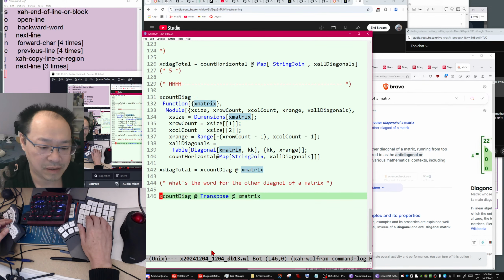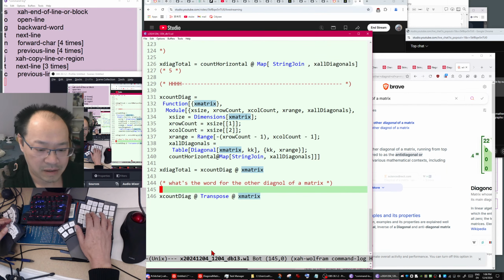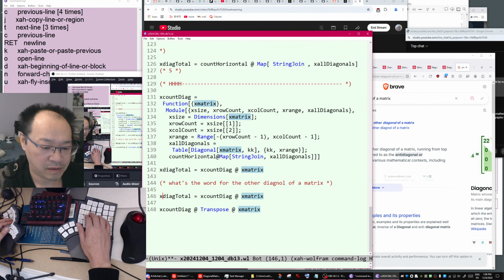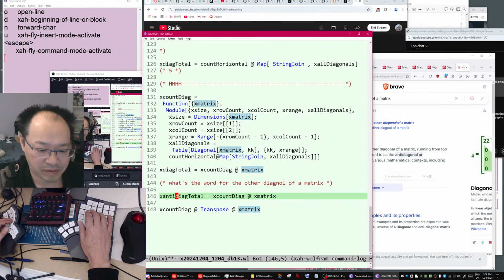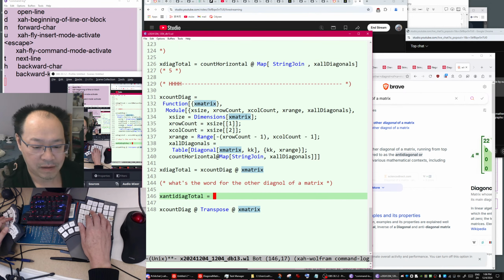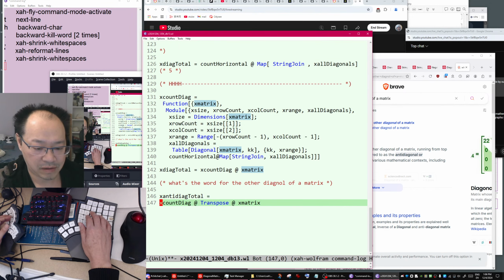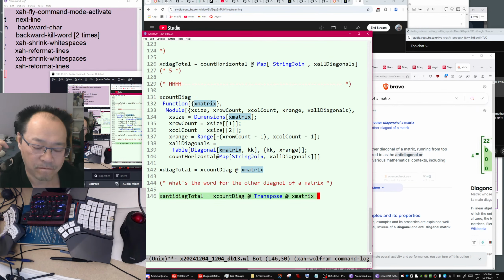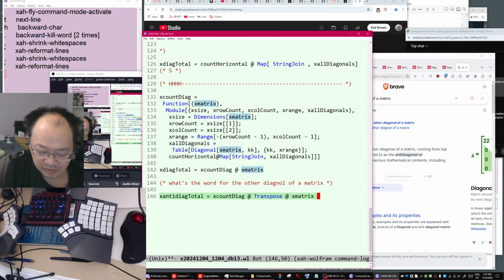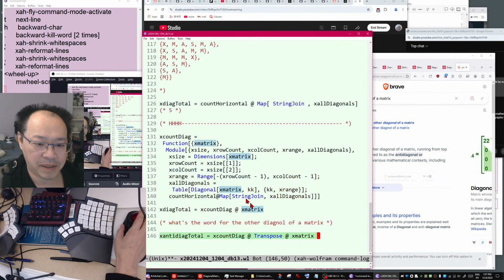Then you want anti-diagonal total, which is that. Is that right? When you transpose the matrix, you have to think about it.